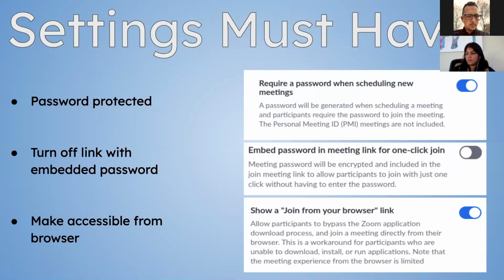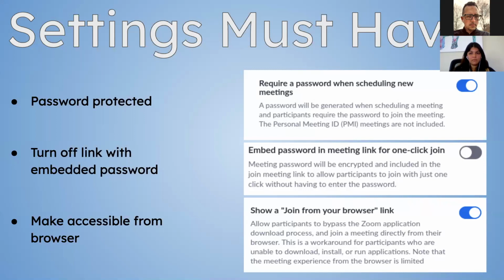Okay, so now we are going to talk about the settings, which we already did again, but I just want to reiterate and hit them one more time. When we're setting up our meeting, most importantly, let's make sure that we password protect our meetings. It's that extra layer of protection.